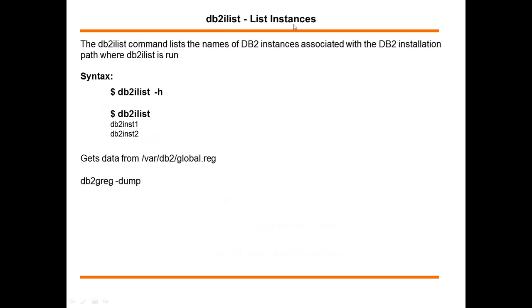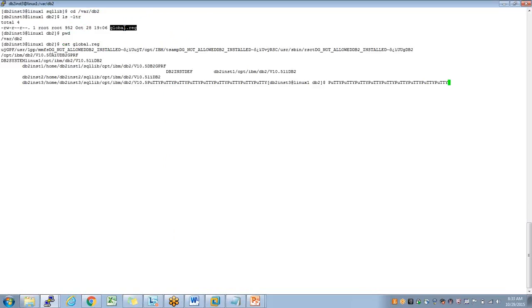db2 ilist lists the instances. Whenever I create an instance, there is one global registry file created under the var directory. When I go to cd var db2, there is one global registry file that db2 creates. This is in a non-readable format. But if you want to read this,